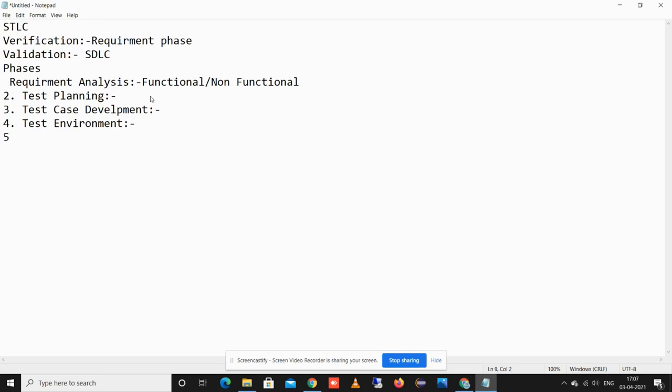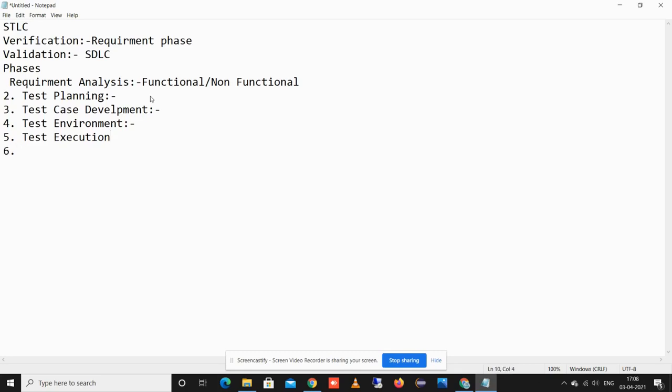Then next is test execution. Execute tests as per the plan. If we find any bug, we report it and revert back to the development team, and they will correct it, and we do the retesting and perform all the testing. This comes into test execution.